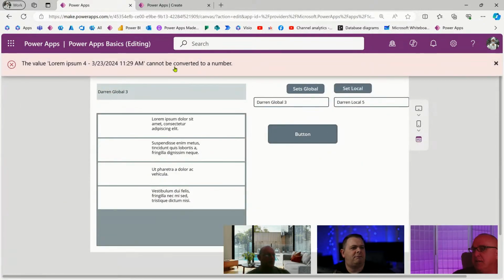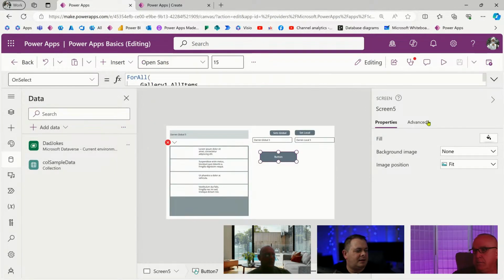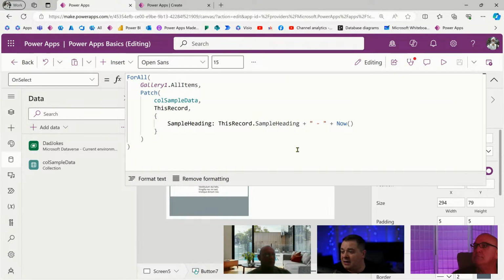But I wanted us to talk about that a little bit. Why is that? What's going on there? It's actually true. In some languages, you can put strings together. I think C#, C, C++, JavaScript, they use plus signs even for strings, if I'm not mistaken. Yeah. But Visual Basic and